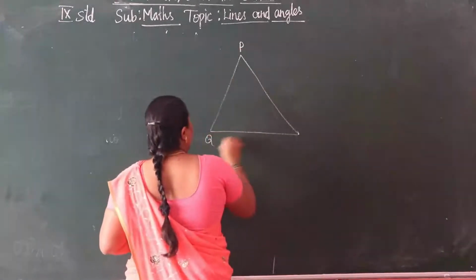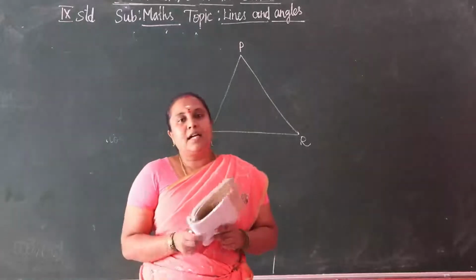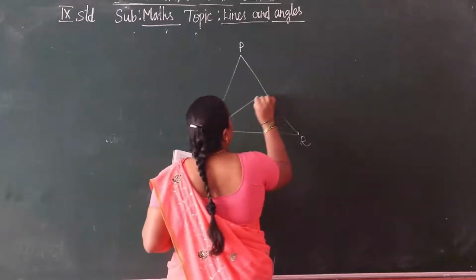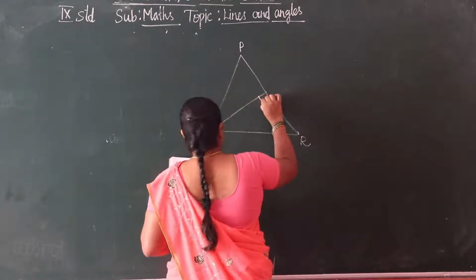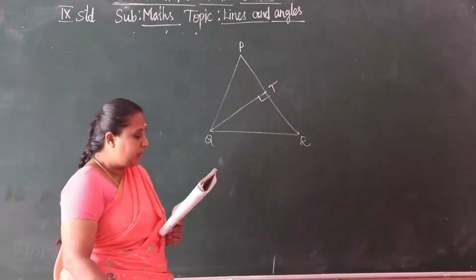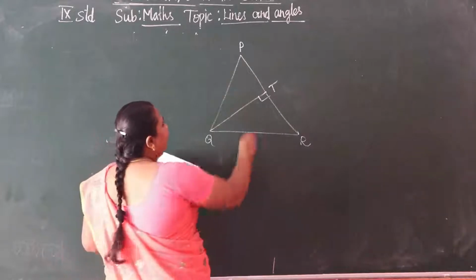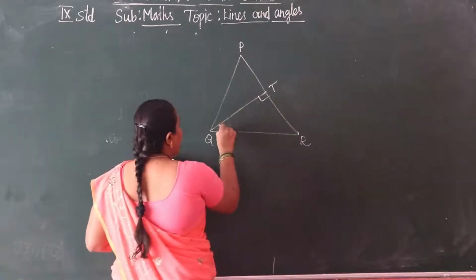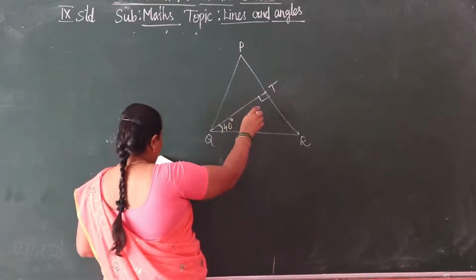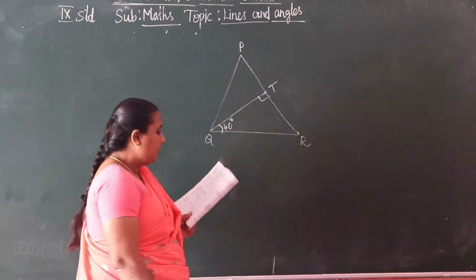PQR is a triangle. And then in that, conditions are given. If QT is perpendicular to PR, and then angle TQR equals 40 degrees. Okay, and